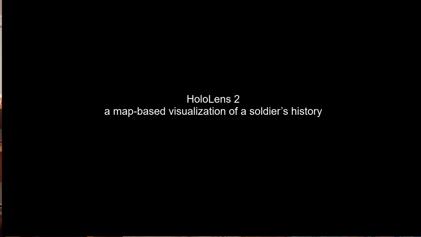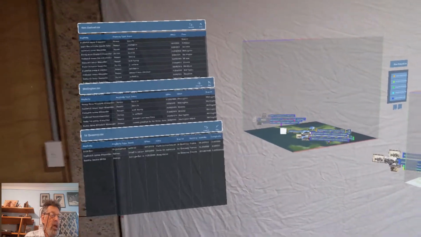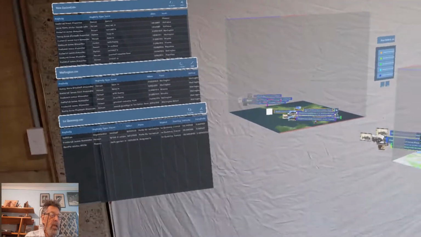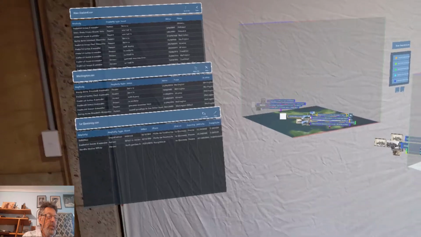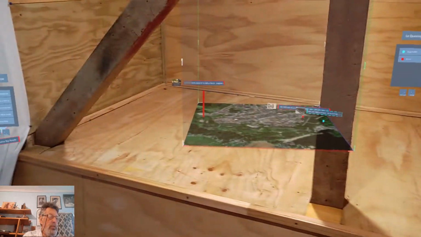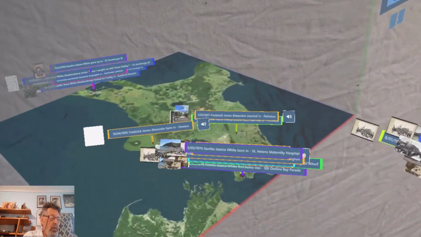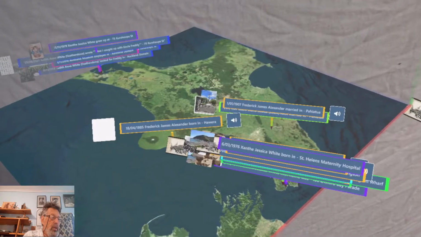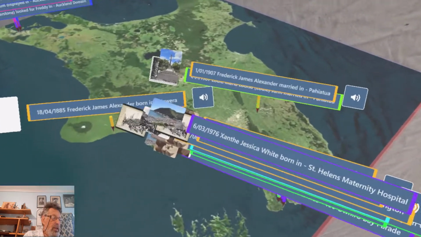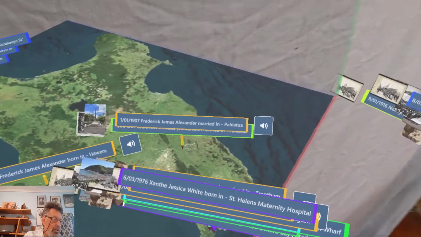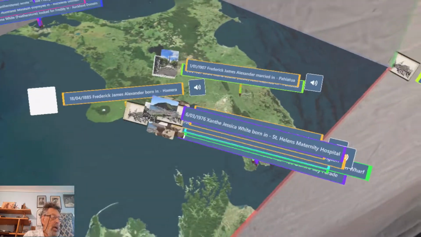Here we demonstrate Aroaro being used to tell a story based on the events of the life of Frederick Alexander. We see 3 views of that life set in different places of the world. First of all, we see a view showing the North Island of New Zealand, where Frederick Alexander was born in Aroaro, and eventually, after many other things like getting married, he left